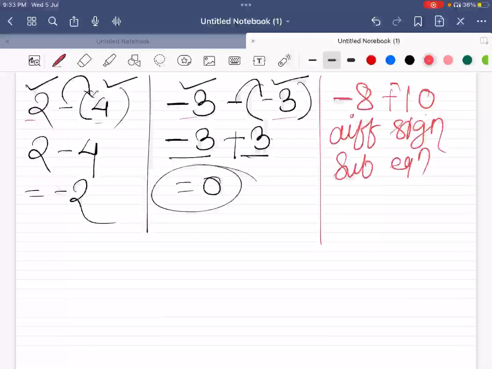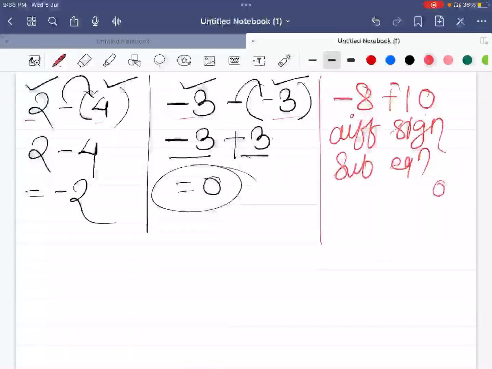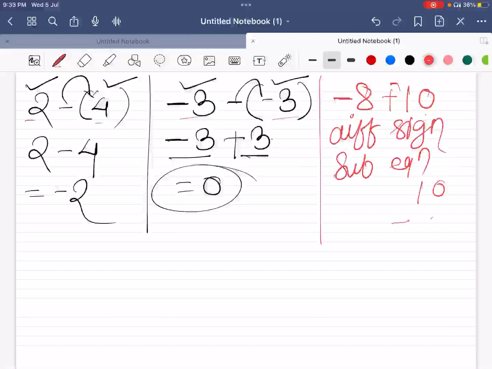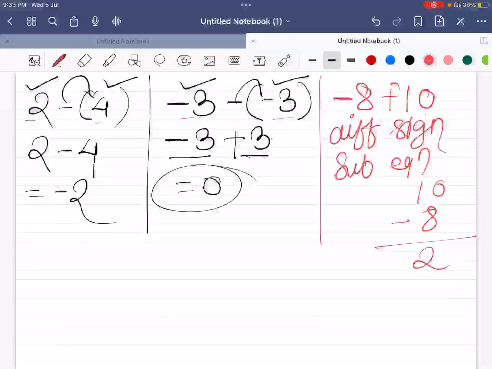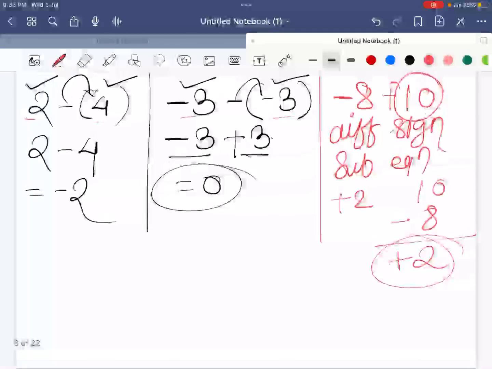So let's subtract this, means 10 minus 8. So 10 minus 8 is equal to 2, and we have to use the sign of the bigger one. So 10, which is the bigger term, so write the answer as plus 2. Okay, so your answer is plus 2. And last condition,